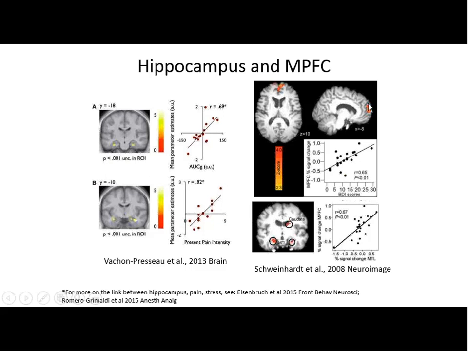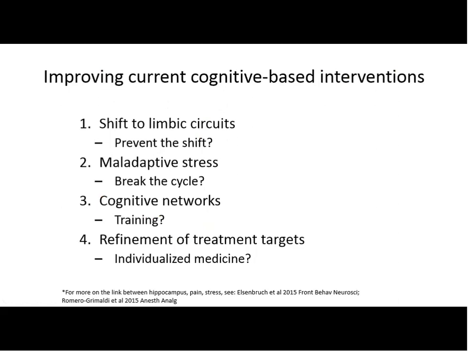Similarly, Petra Schweinhardt has shown in rheumatoid arthritis that the activity between medial prefrontal cortex and hippocampus, that connectivity, was actually related to BDI scores as well. So that sums up this portion of the talk, and I'm going to talk about some of the ongoing